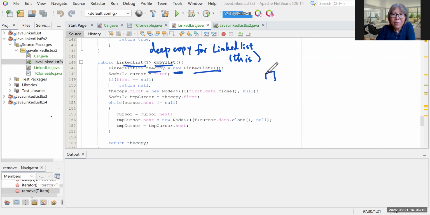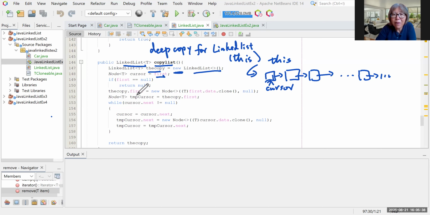Okay, so here is the original. So that is this. Your cursor is set to the starting one. And then for the copy, how did we do it? Copies first. Because then for each one, you need to create the new node. So you have a new node. And how do you create the new node? You use the first